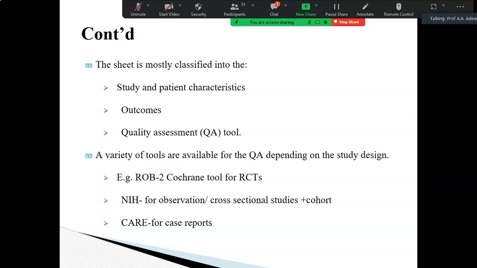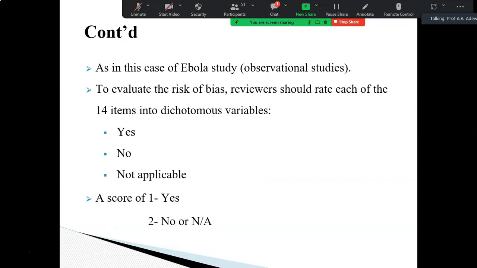We have the National Institute of Health, that is NIH, for observational or cross-sectional studies and cohort studies. And we have the CARE for case reports. So these are all available tools that can be used. As in this case of the Ebola study, which is an observational study, to evaluate the risk of bias, the reviewers